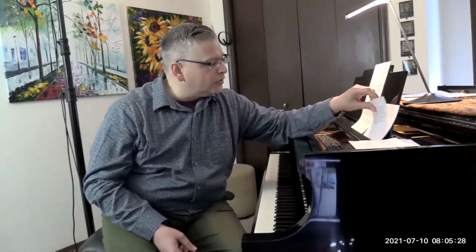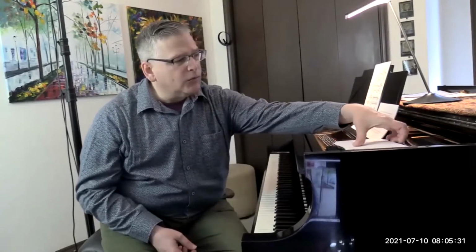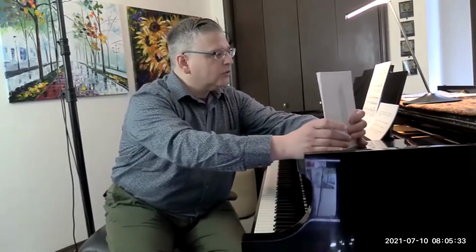I want you to think about the approach here to solving the problems. We're looking at the music as it's written, we're looking at the body as it's built, and we're looking at that relationship between the body and the instrument, which gives us the science of alignment and movement, which is the basis of the solution of the passages. So it can go on and on with all of these kinds of suggestions, but you get the sort of spirit of it. So I wanted to begin with just saying,